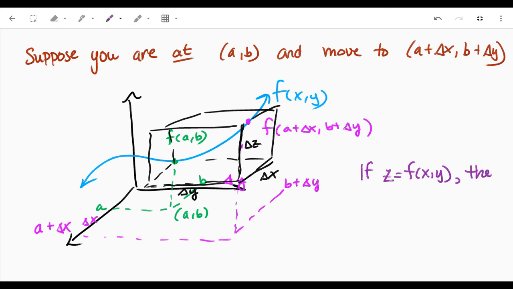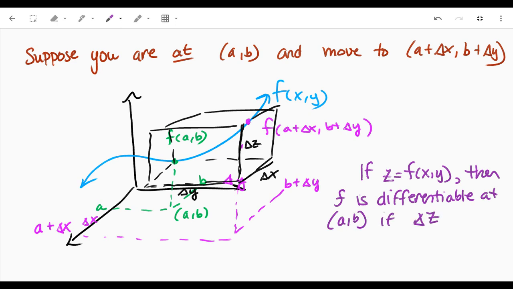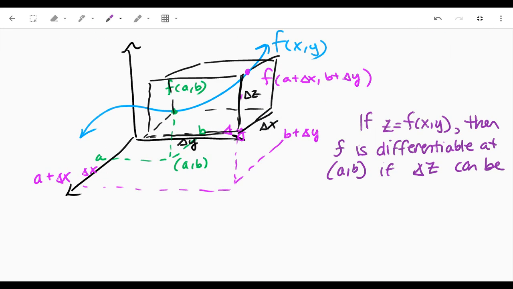Then f is differentiable at a b if delta z can be expressed as